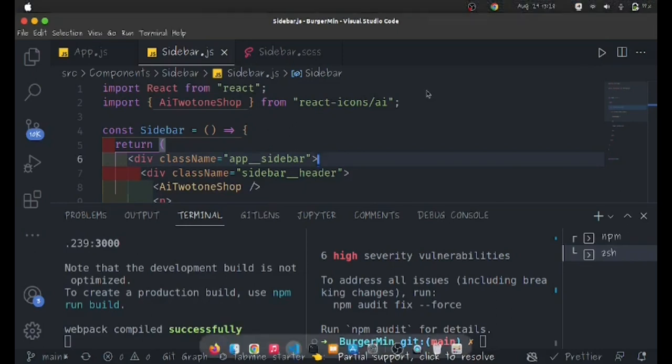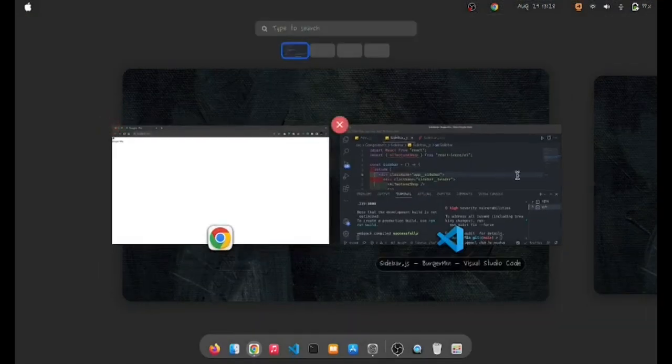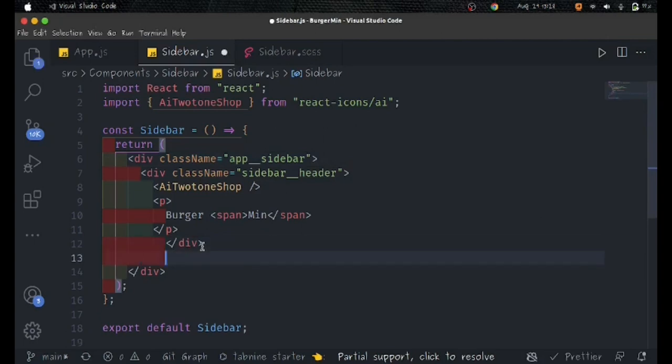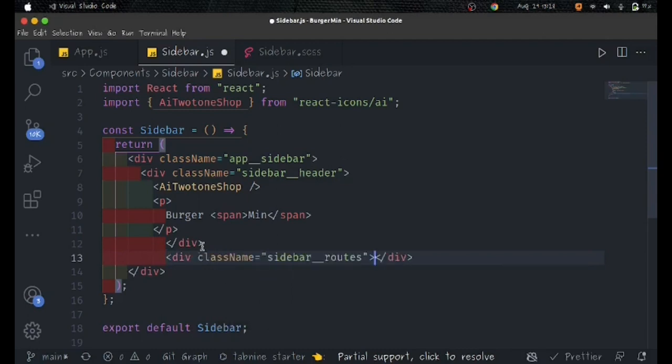Which means that if I go to my browser here, hold up, this is the icon here, very small for the moment. We are going to style it so that it can match our view the way we want it though. So first thing first, I'm going to have, below this div that we created here, our sidebar routes like this,